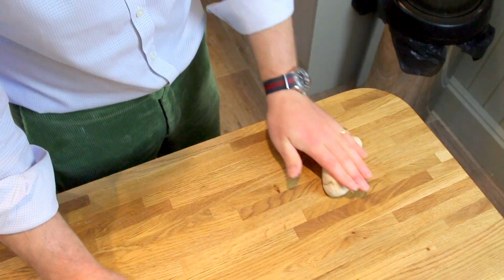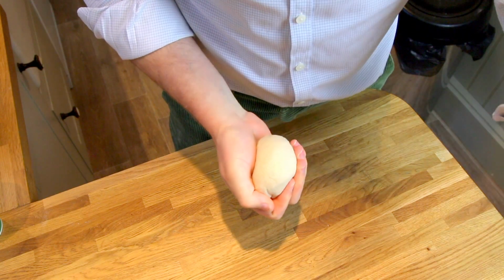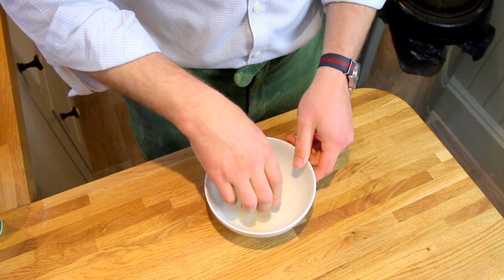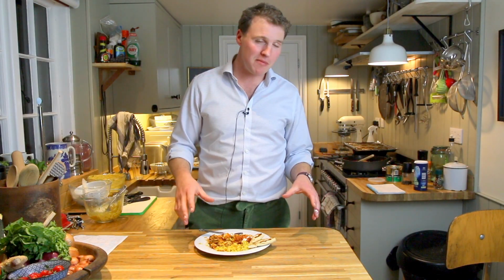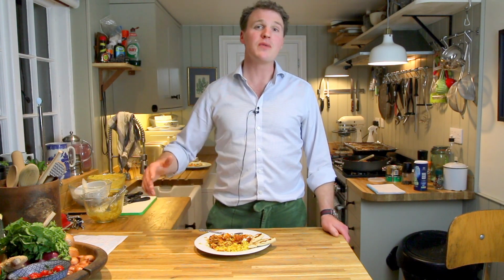You want to get it so the gluten's fairly developed. Once you've brought it all together, pop it in a bowl with a little bit of oil. I use ghee in this case. Now, however keen you are, you've got to have a little break. Once the naan's doubled in size, then you're good to go with that, and obviously the chicken needs to be